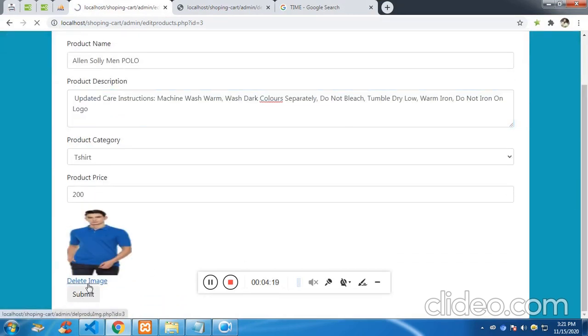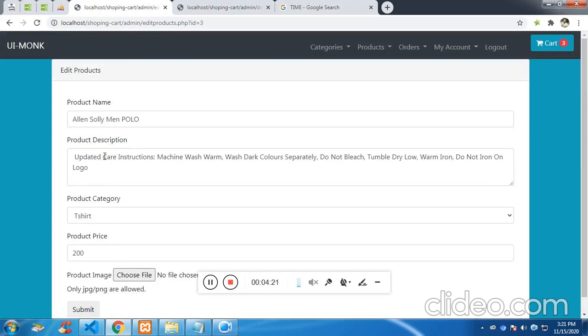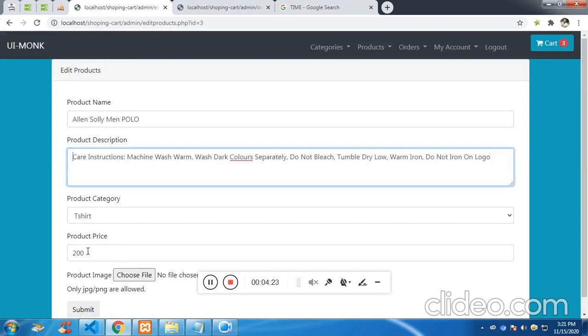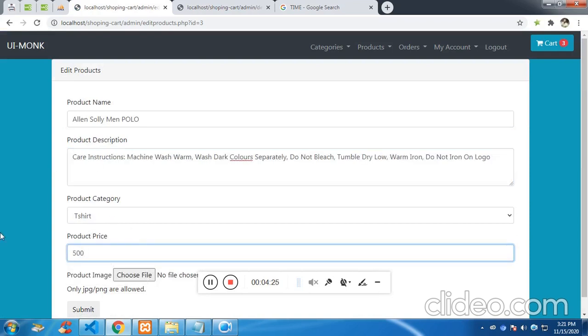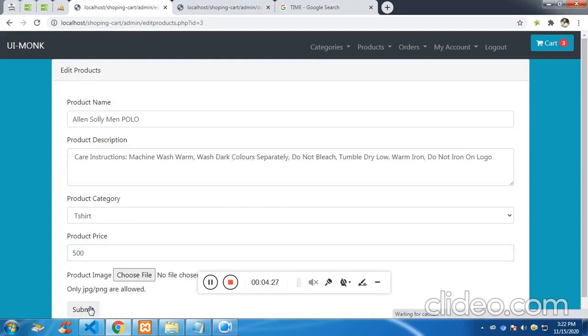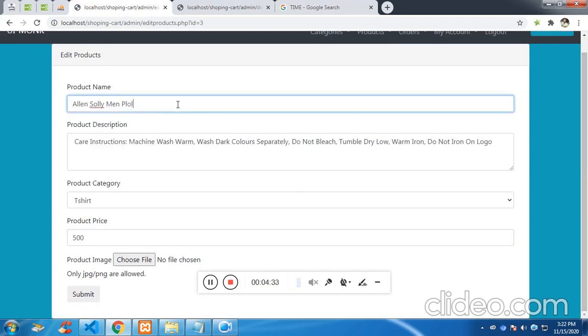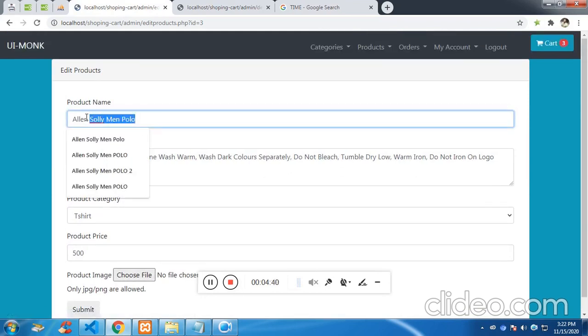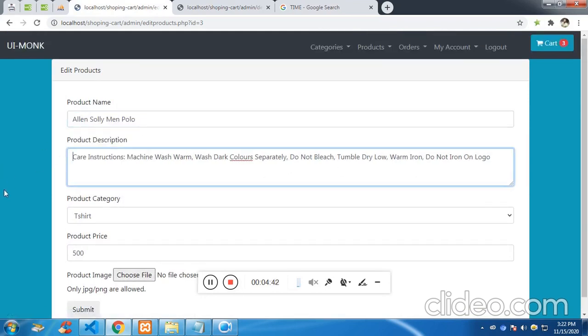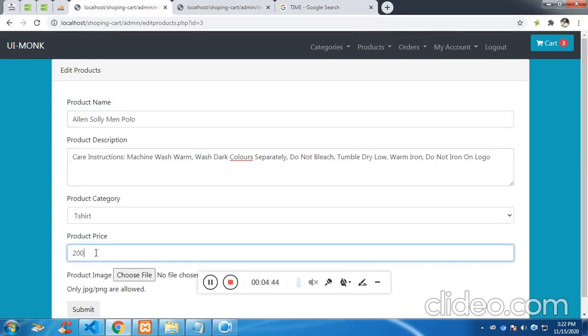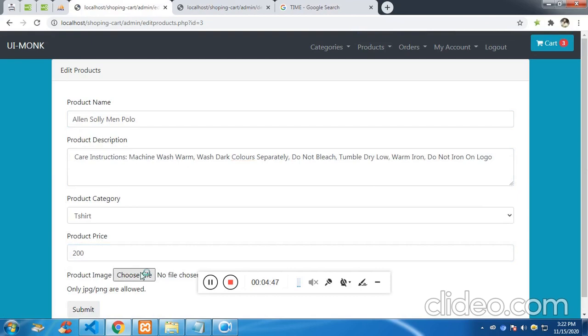Let me delete this and let me remove the updated and make it 500. Click on submit. It is working again. We'll make it POLO and click on submit. Easy, it is working. Remove the space, make it 200. Click on submit. Working. Choose a file